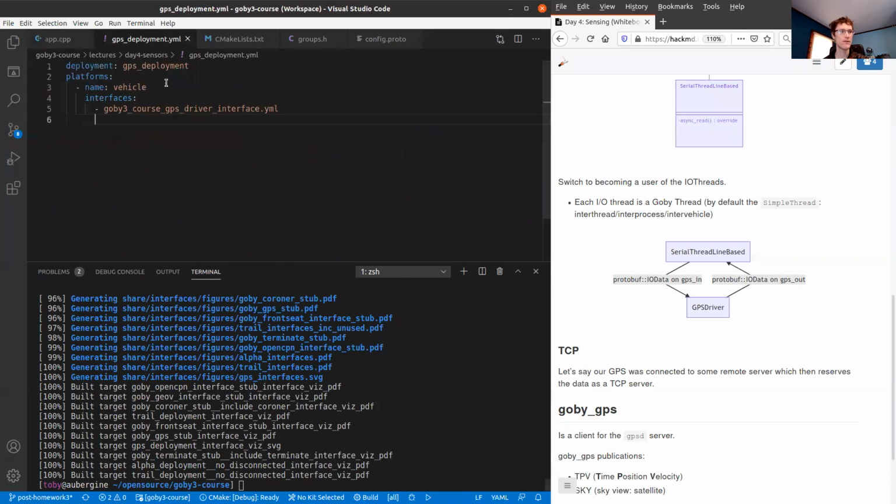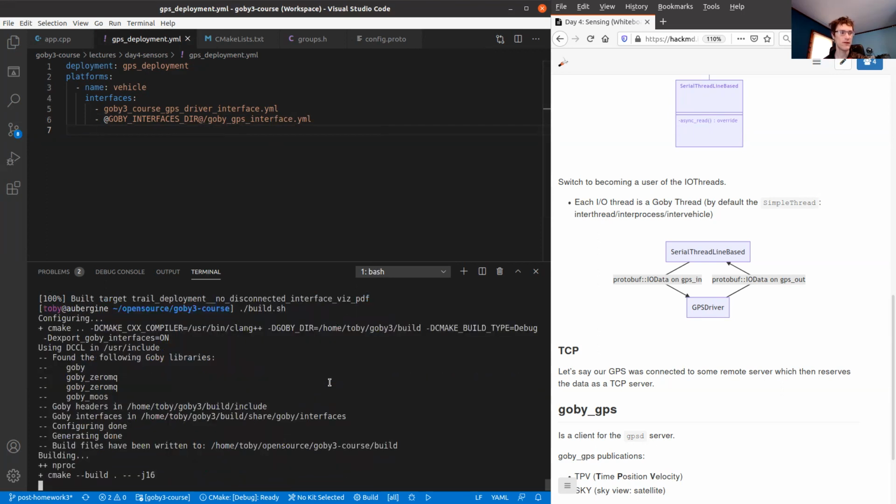So if we go back to this deployment file, we're going to have the second Goby GPS interface. This is the interfaces for Goby GPS. And if I just rebuild that